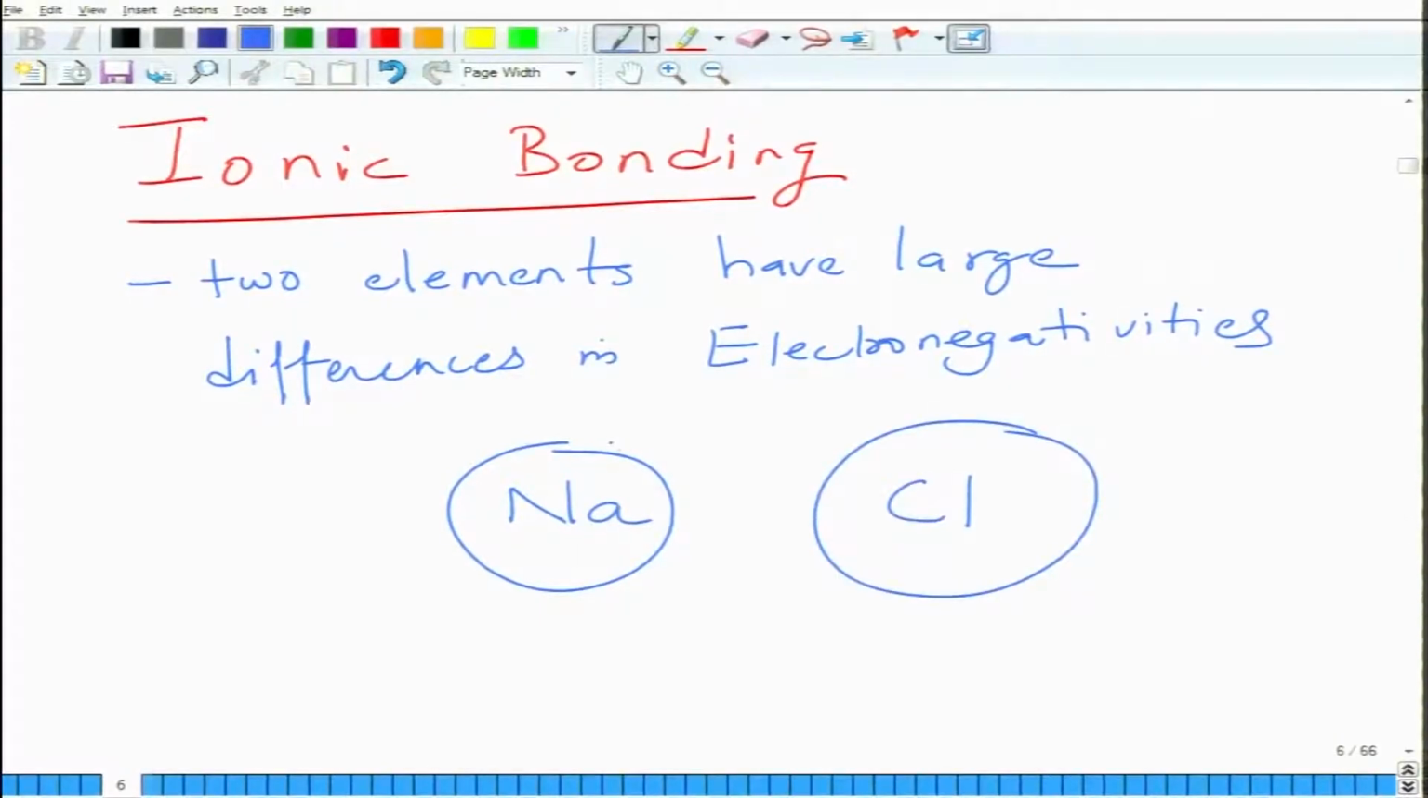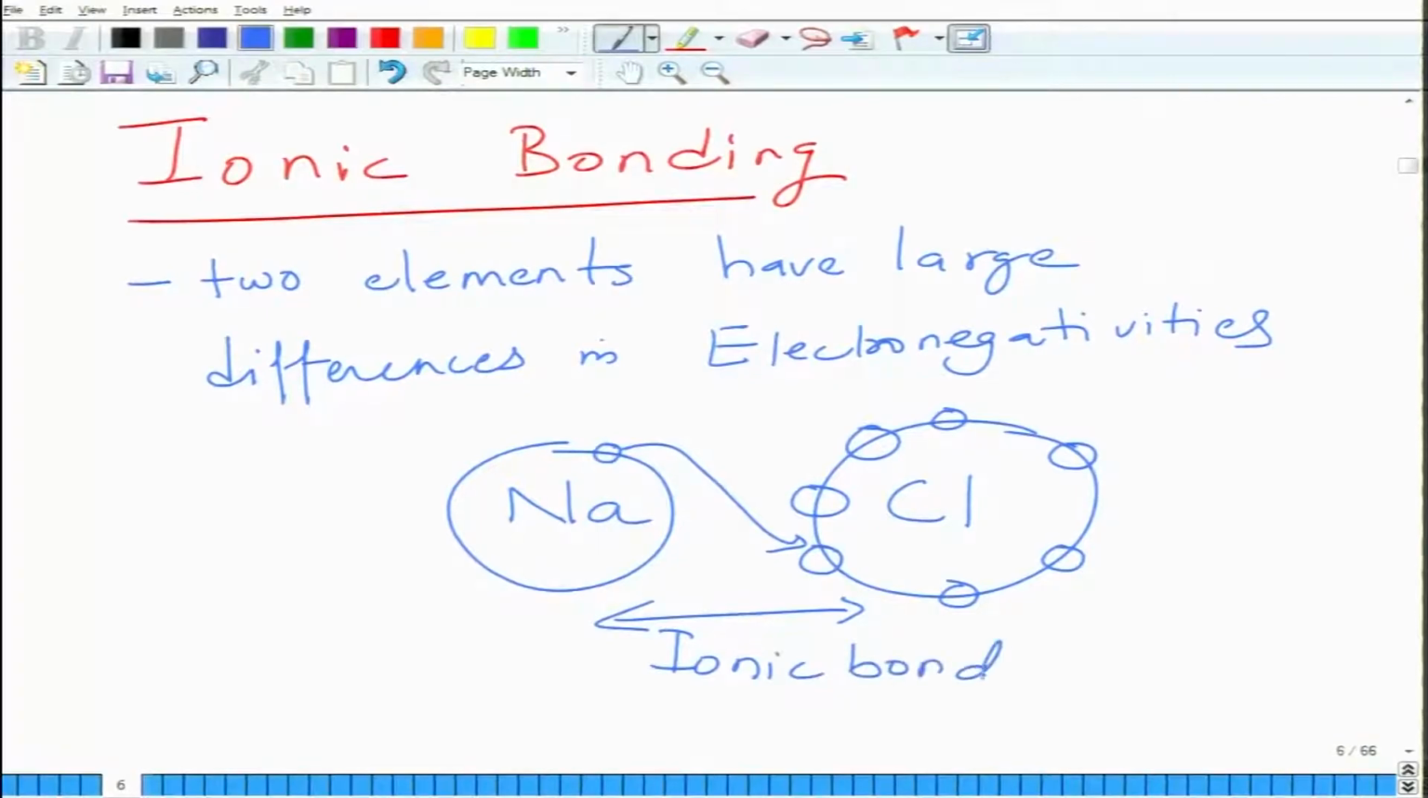Sodium has one extra electron in its outer shell, okay. Chlorine has 7. So, to complete its 8 electrons, it borrows 1 electron from this side. So, that sodium becomes stable, chlorine becomes stable, and the bond formed between the two of them is called an